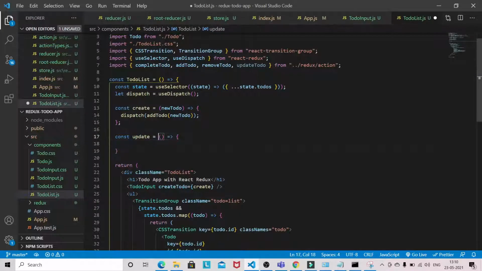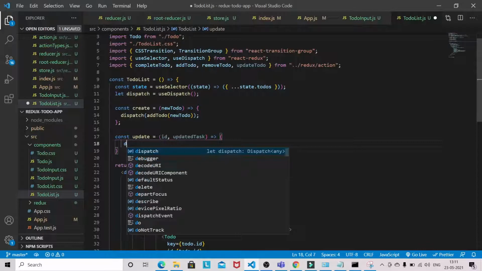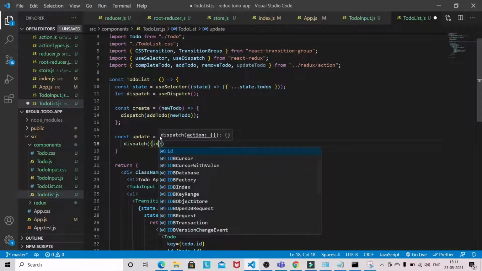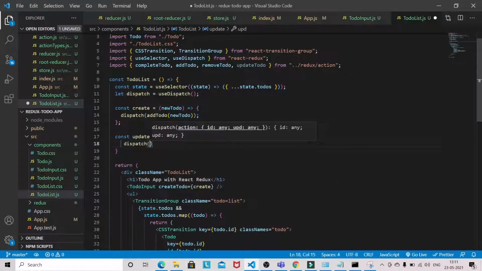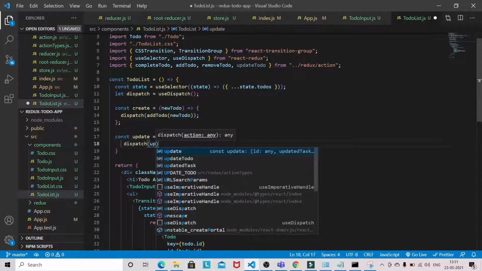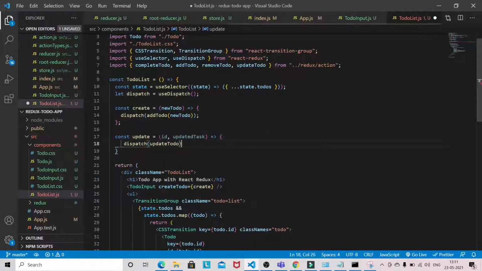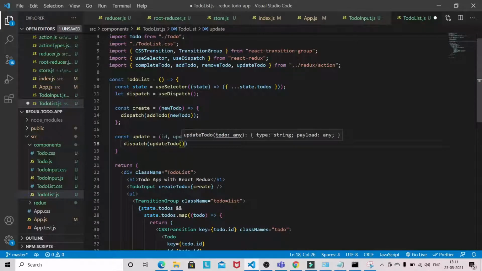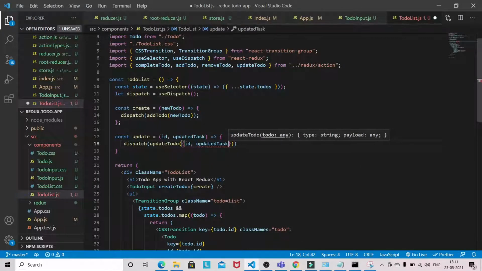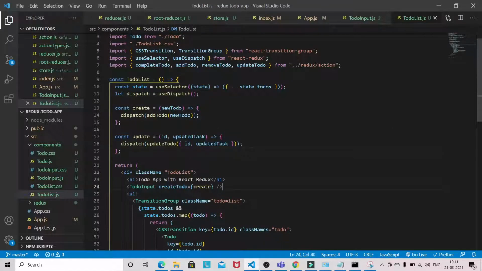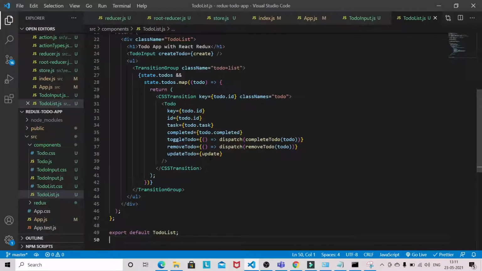So it will receive an ID and updated task. So dispatch ID, not this way, update to-do. So just pass it this way, updated task. So we are passing. Just destructure this prop here.